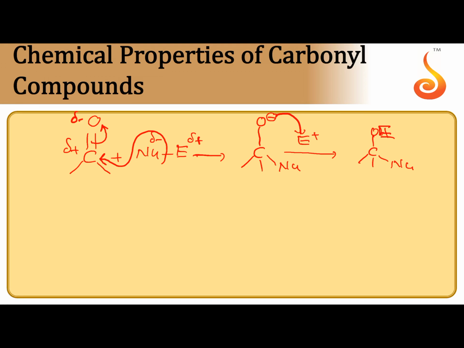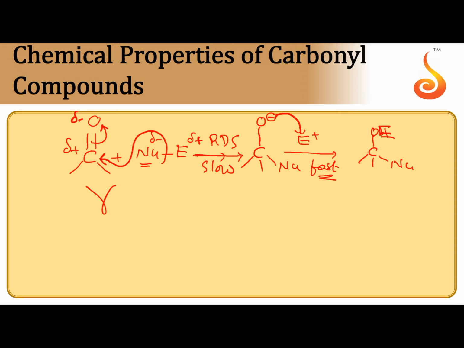But why is this reaction called a nucleophilic addition reaction only? The reason: the first step is the slow step, which is called RDS, the rate determining step. In that rate determining step, since only the nucleophile is involved, this reaction is called a nucleophilic addition reaction. Addition of the second electrophile is a very fast step. So the rate of the entire reaction is decided by the first step. That's why it is called nucleophilic addition reaction.